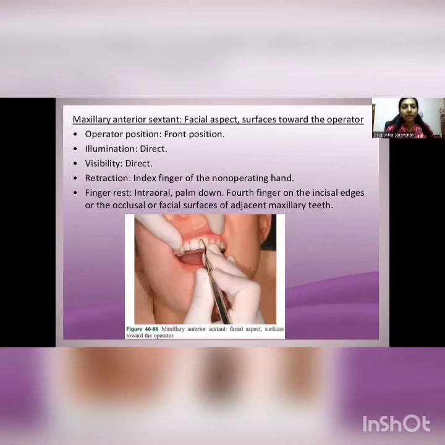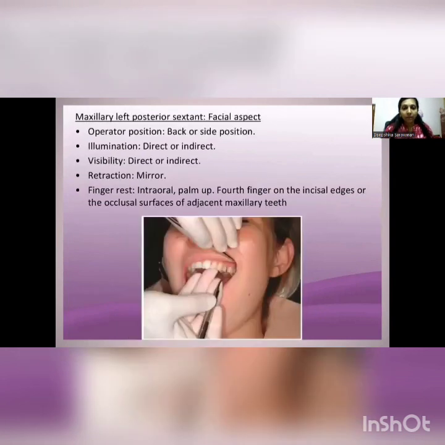For anterior maxillary area, you can come in the front, direct light. You can retract with index finger, and it can use an intraoral finger rest. For a posterior, again, we can use either the back or side, and then direct, indirect, and it's an intraoral